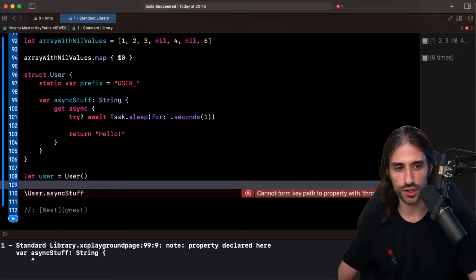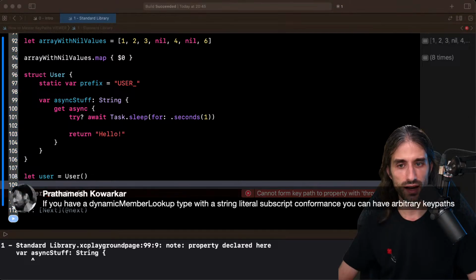So that was a very good question. And so key paths, you could say, are just for properties that are synchronous and that never return an error. And this limitation makes sense because it allows for a nicer and simpler syntax when you are using key paths. So I can understand why they would implement it like that.